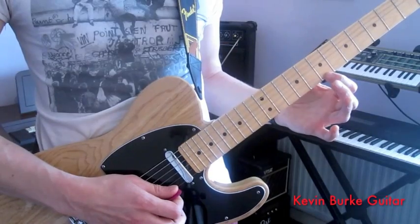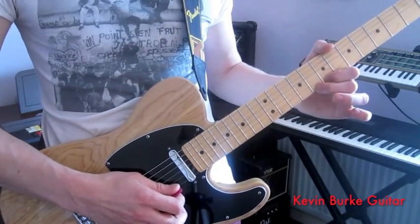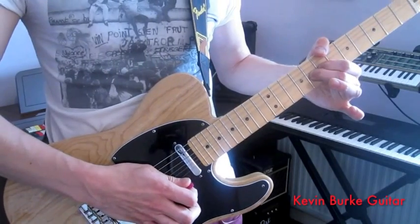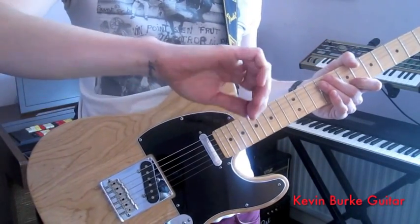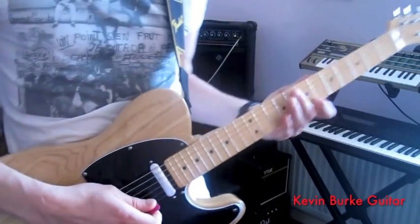Before crossing back to the E and playing 7, 8, and then a full bend from the 8, which is then cut off at the top of the bend, using the side of your right hand. Well, your picking hand, could be left-handed. Okay, so...